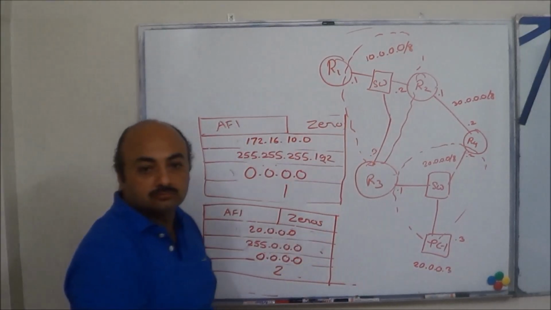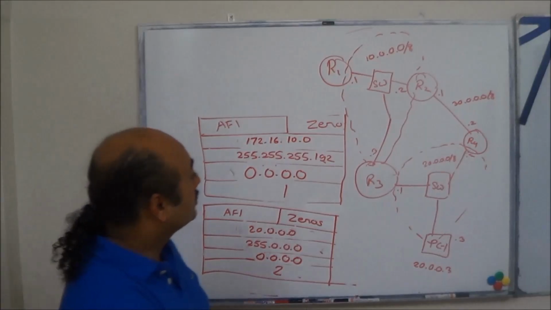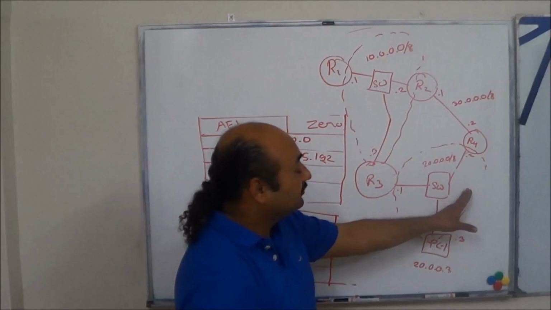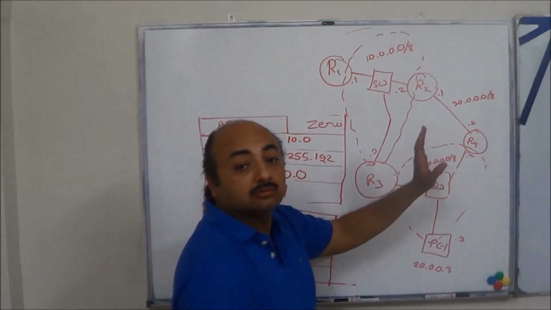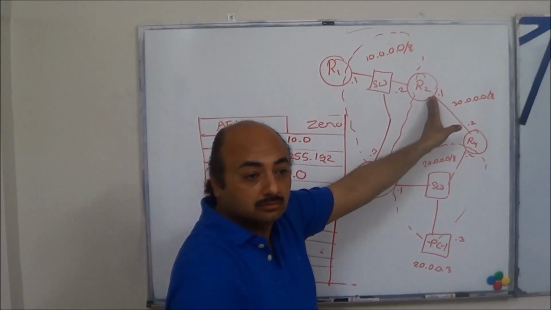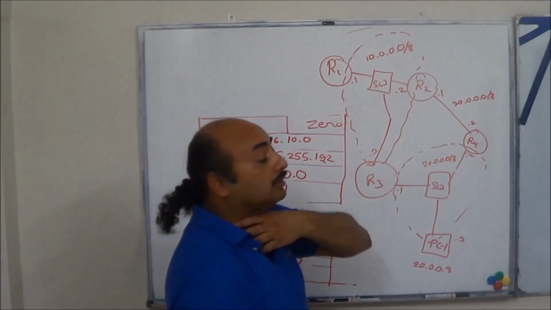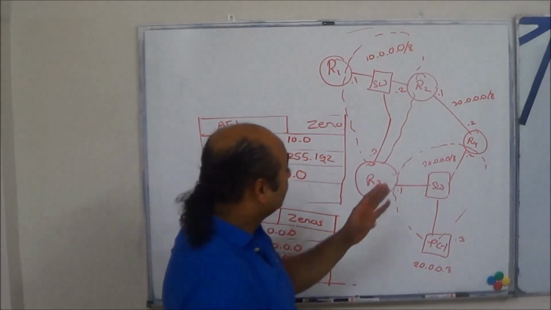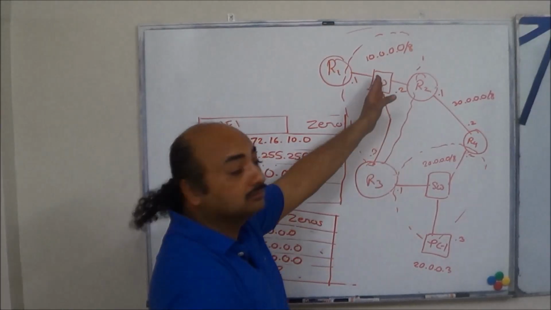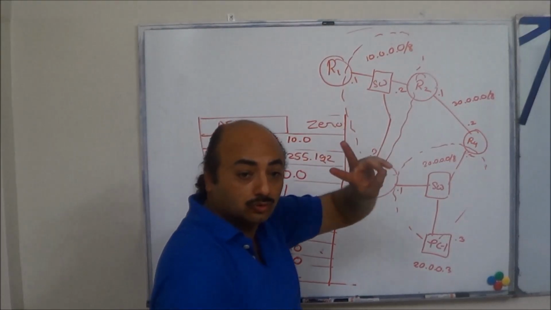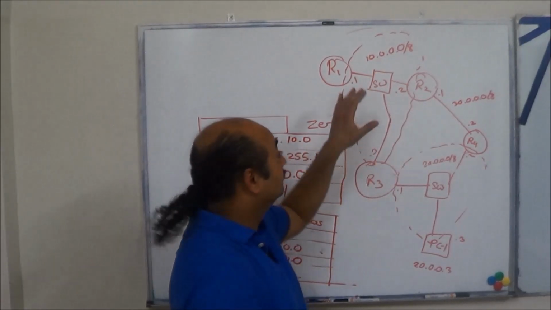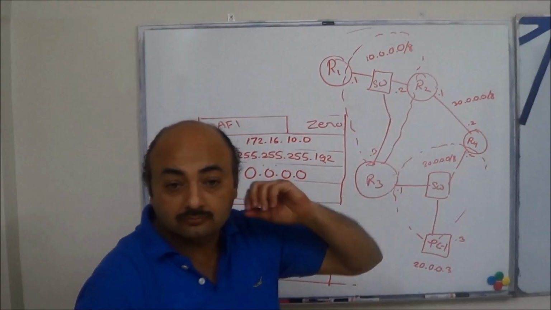20.0.0.3. Right? Yes, sir. So in this case, R4 is advertising 20 network at a hop count of 1. So R2 installs it at a hop count of 1, and will advertise this towards this at the hop count of 2. Whereas R3 will advertise 20 network at the hop count of 1. And R1 will receive what? 2 updates. One with a hop count of 2, one with a hop count of 1. Which will it keep? 1.